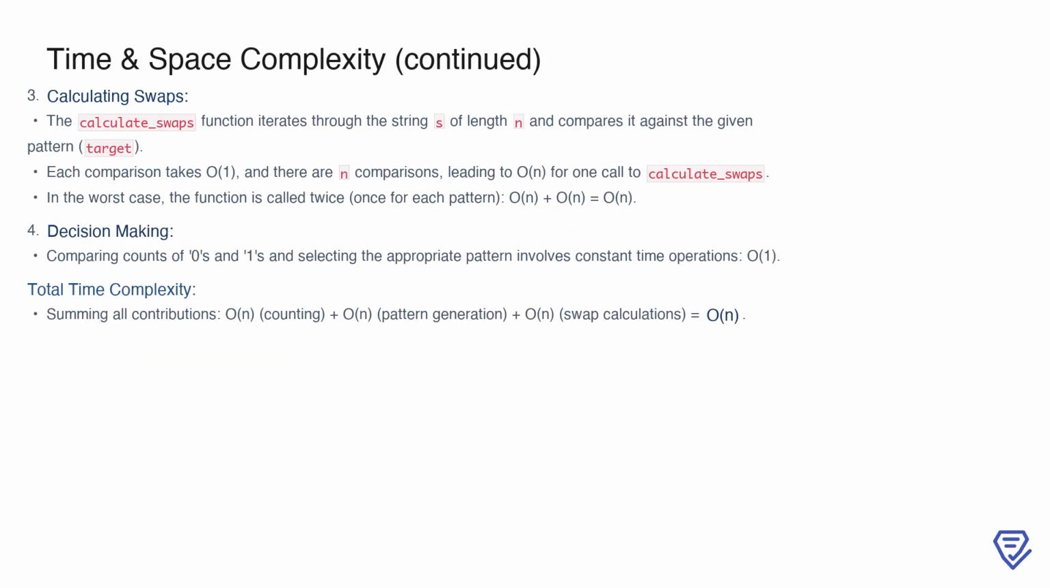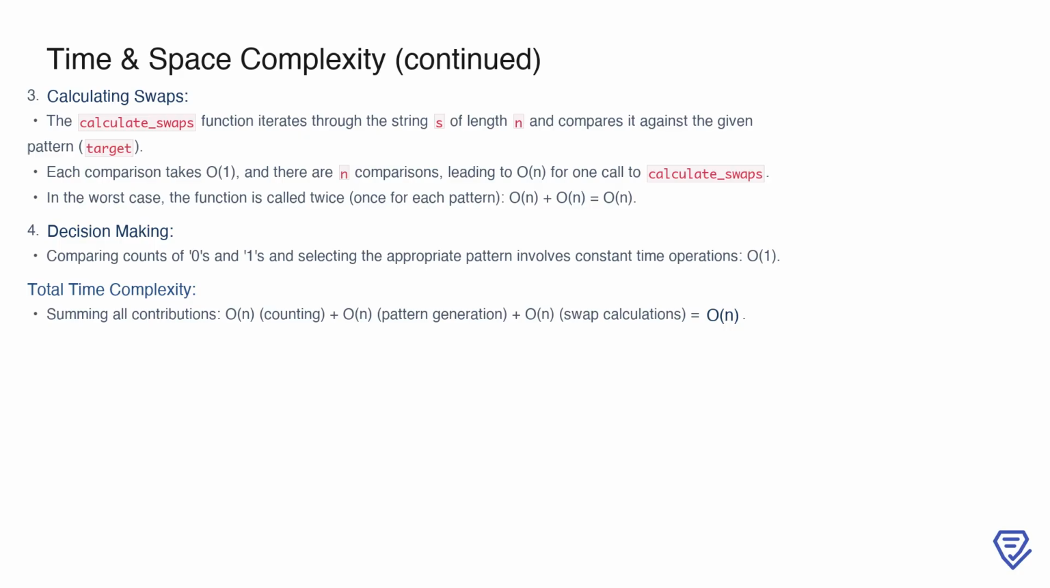Now, let's move on to the step of calculating swaps. The calculate_swaps function takes the input string and compares it against one of the generated patterns. This involves iterating over the string, comparing each character with the corresponding character in the pattern, which takes O(1) per comparison. Since there are n characters in the string, one call to calculate_swaps has a time complexity of O(n). In the worst case, we perform this operation twice, once for each pattern, so the total time complexity for